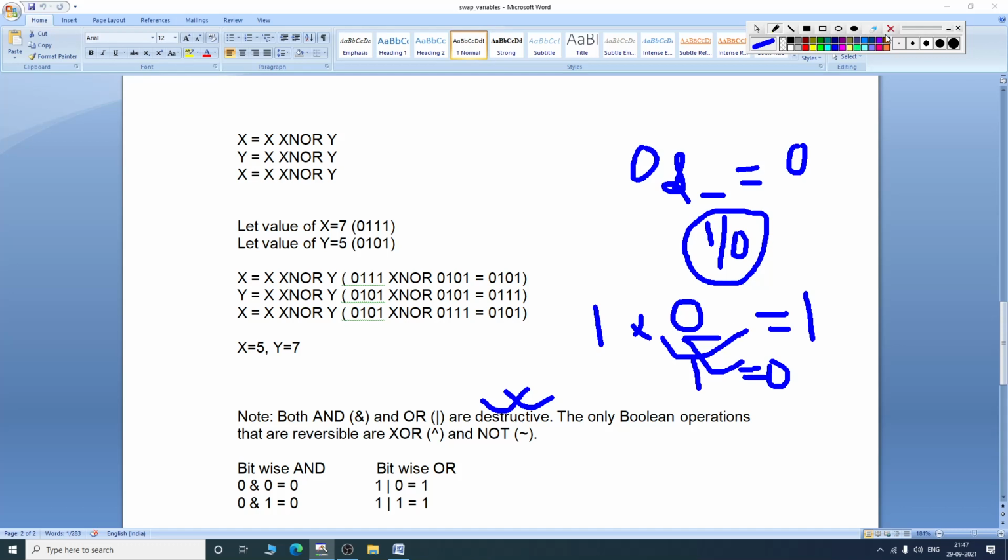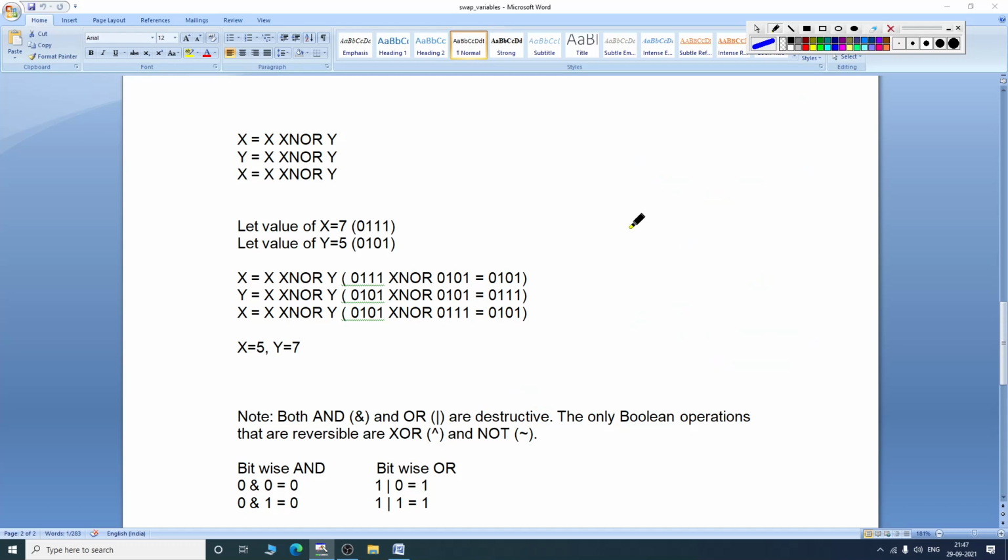The value is getting preserved. However, with bitwise OR and AND, the value is not getting preserved. This is why we use XOR and XNOR in the swapping operation, but we cannot use bitwise AND and bitwise OR. If I am given an option, say I cannot use a third variable and I cannot use an arithmetic operator, then bitwise AND and bitwise OR cannot be used. So this is the answer.